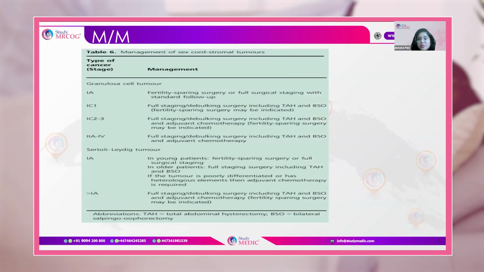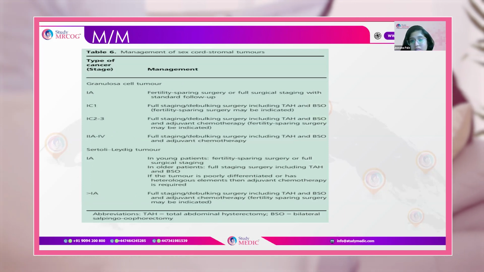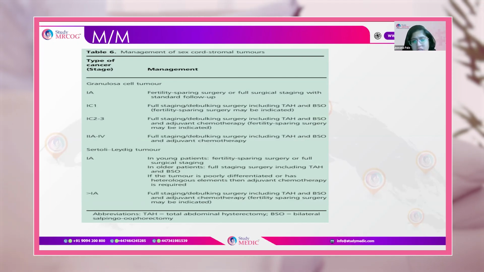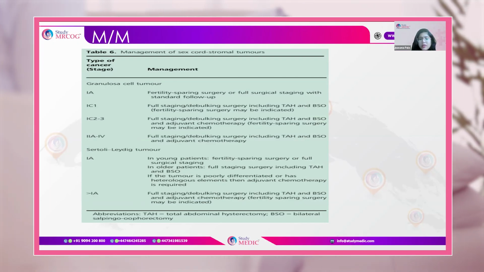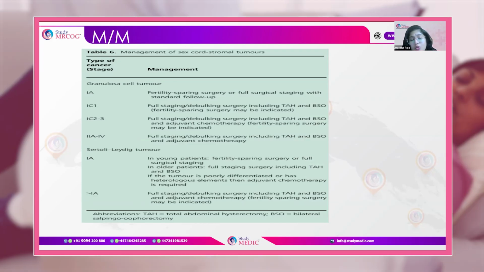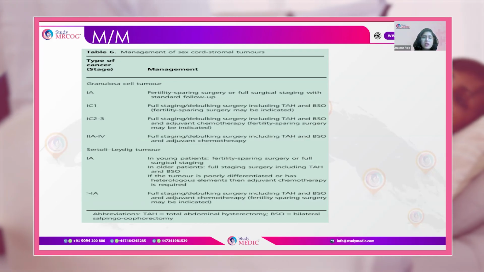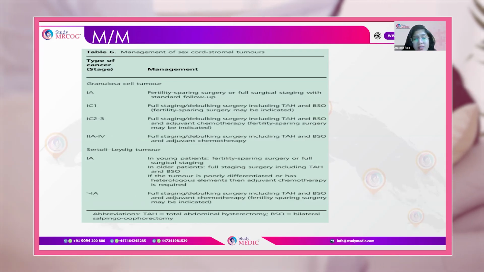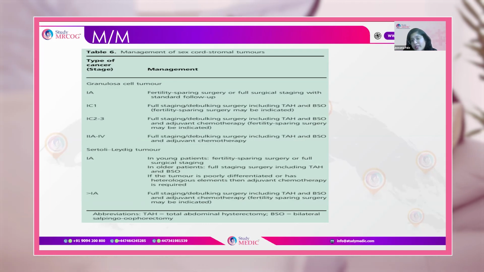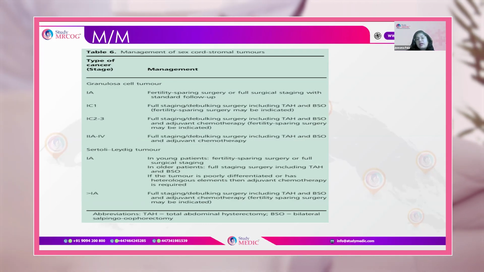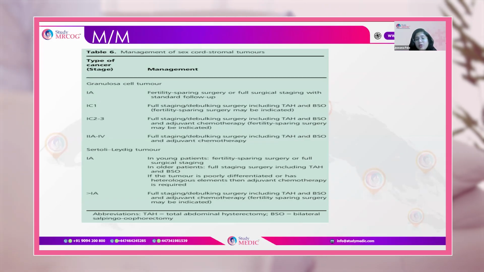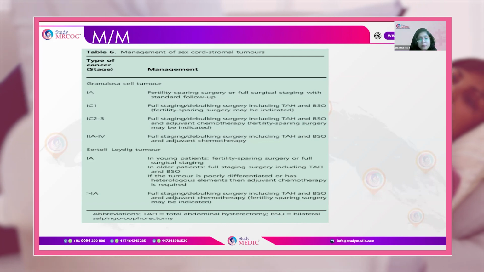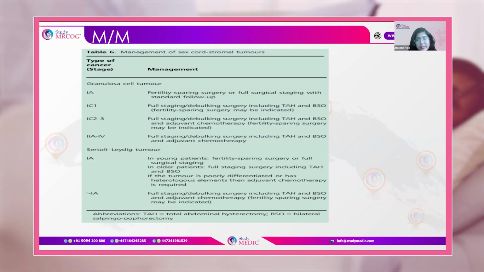Now coming to sex cord stromal tumors. So similarly for sex cord stromal tumors, in 1A, you can go for just surgery without chemotherapy. In 1C1, you can go for a fertility sparing surgery also in 1C1. In 1C2 to 3 onwards, you have to go for adjuvant chemo. So in granulosa cell stage 1A and 1C1, you can actually observe the patient and you can let go of chemotherapy. And in Sertoli Leydig cell tumor,